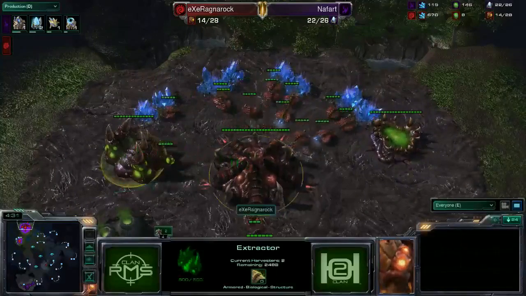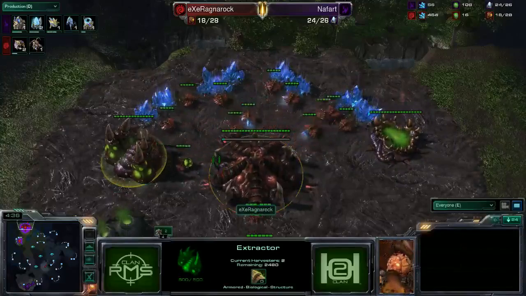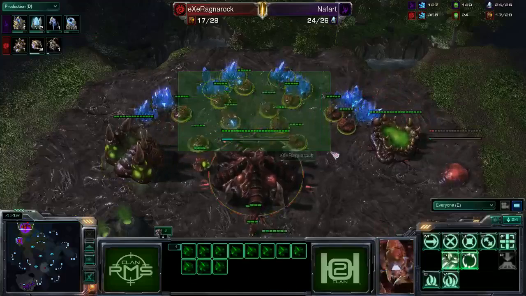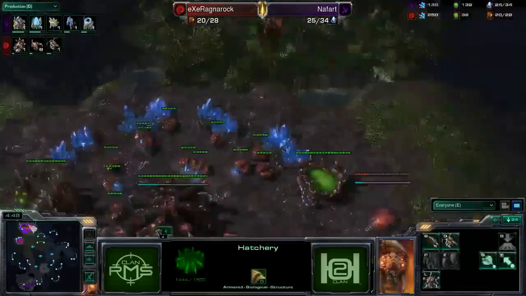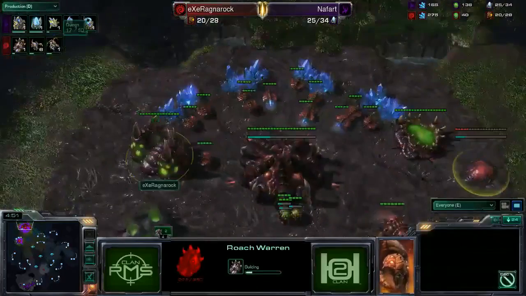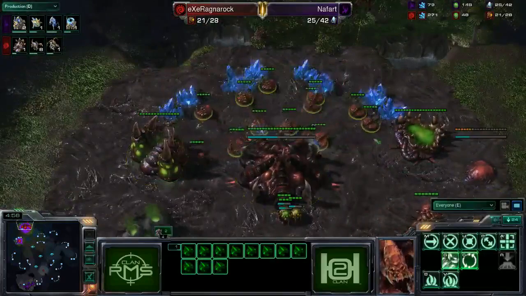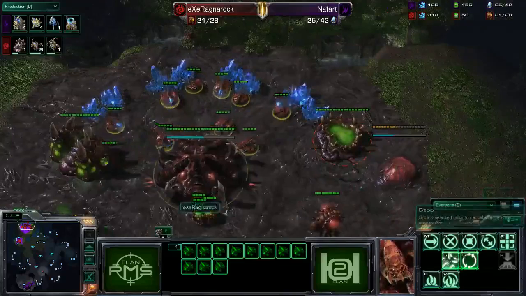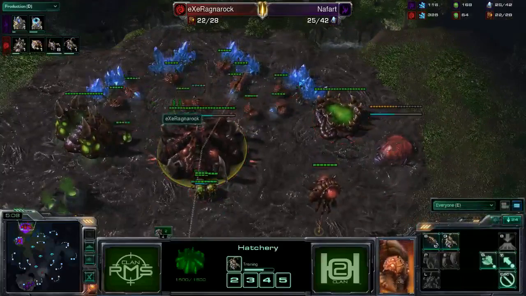Yep. 2 harvesters on the gas. Not sure if it's intentional or not. But he's not making... Well, okay, I guess he is making more drones. Roach Warren going down. Yeah, I mean, he's very heavy in minerals right now. He hasn't been keeping up with his drone production. And he's actually making only Zerglings right now. He's only on 15 drones, so...